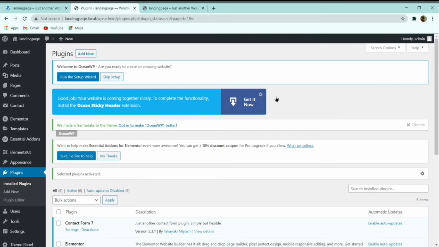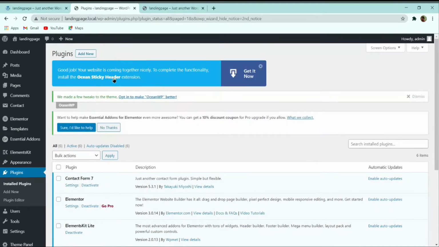So what I will do now, here you can see that welcome to OceanWP. If you want to run this setup wizard, it is not necessary, you can click on this skip setup. After that you can close all this. Here you can see that it is asking for purchasing this one, so simply click on no thanks, and then you can dismiss this one also.